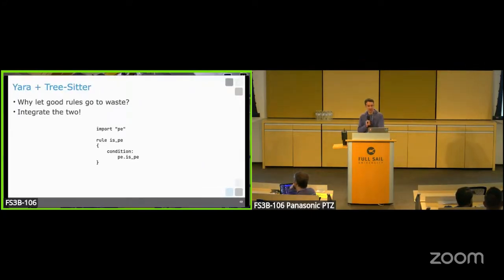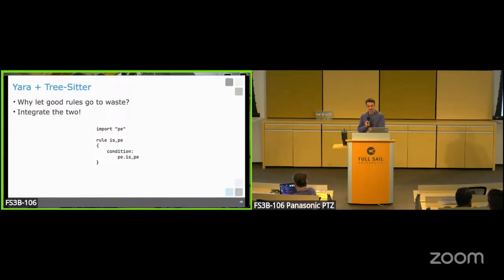So this got me thinking about, well, why let our good Yara rules go to waste? Threat intel teams spend a lot of time and energy developing them. And I think we can actually make them better, because now you don't have to wait for these kinds of things to show up in your process memory and other places in your environment, like after the compromise has already happened. And the reason we can integrate the two is because it actually does something really cool as well, which is